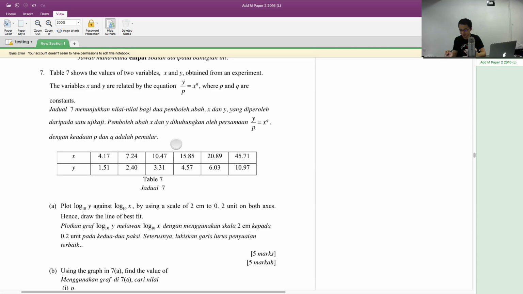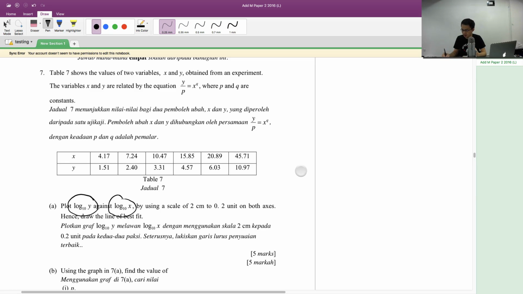and q are constants. Alright, so in this kind of question, the first thing is you will need to form the equation, because they ask you to plot log 10 y against log 10 x. Alright, so yeah, this is something very crucial. That means they want you to have a graph that looks like log 10 y against log 10 x. So in order to have the graph look like this, what I will do over here is I will basically